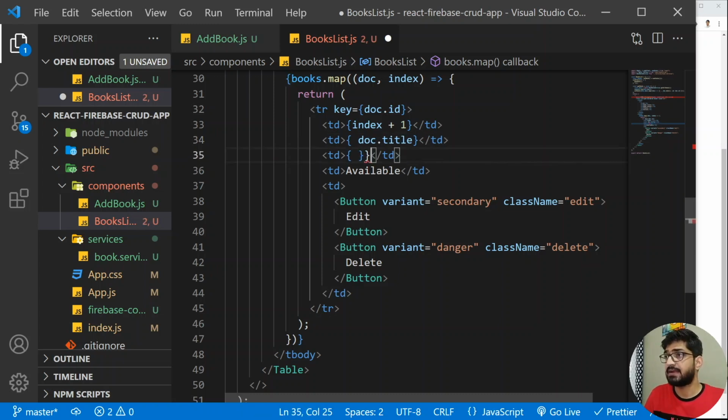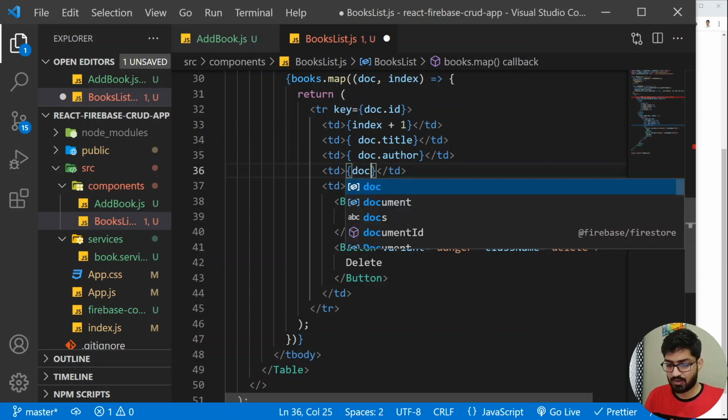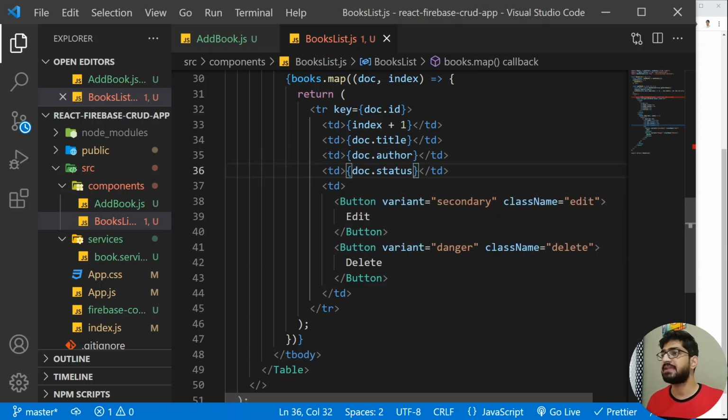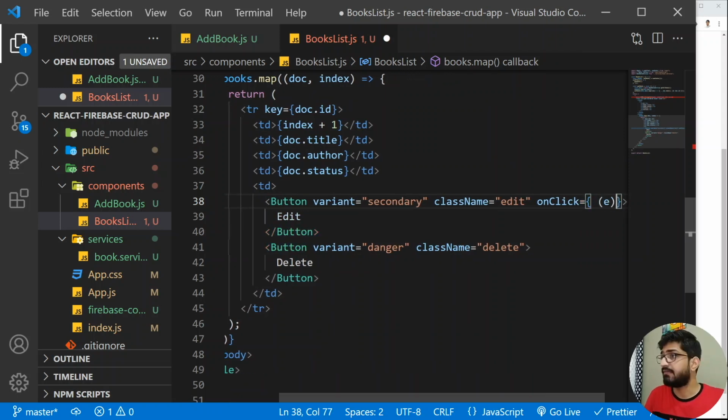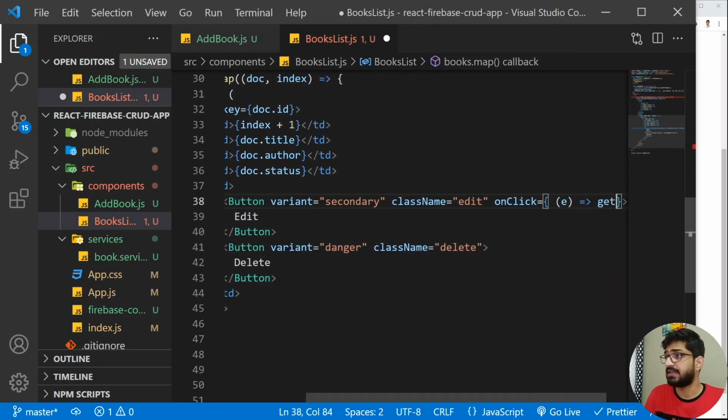Here we are going to add the doc.author, and here we are going to add the doc.status. So we have it, and we will also write the on-click function for the edit and the delete button. So if I go here, I'm going to add the on click, and let me add the event, and this event will have the get